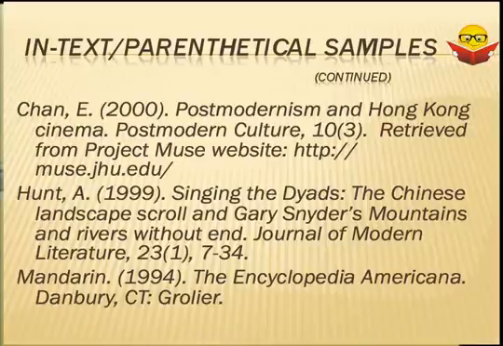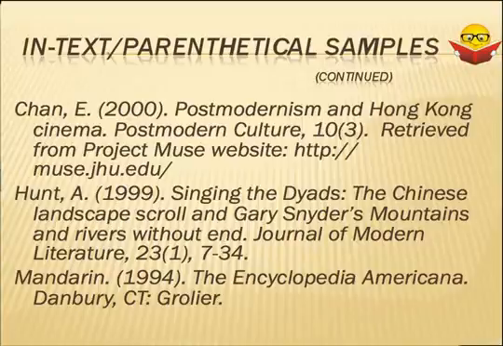Then in upper and lowercase, I will have the title. Notice that my title of my article has no quotation marks. I will capitalize the first word, proper nouns, and that's it. First word and proper nouns will be capitalized in this title. Once I have my title, I'm going to put in italics the publication name, like the magazine or journal name. And in this case, it's Postmodern Culture. I will follow that by a comma.